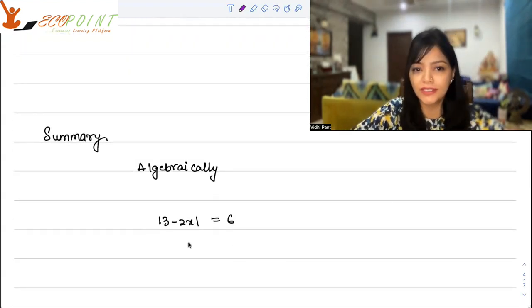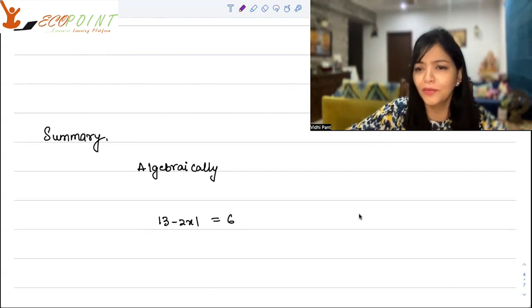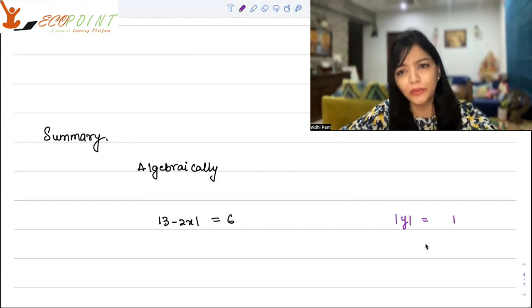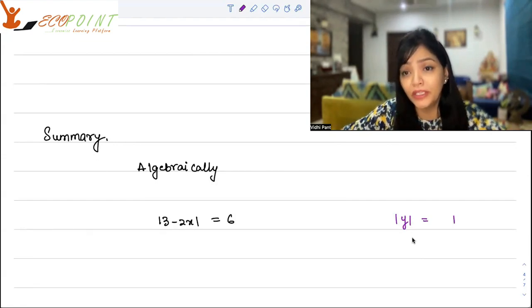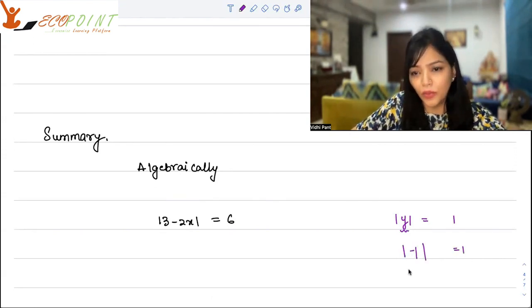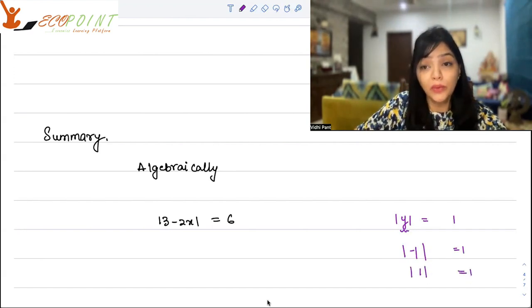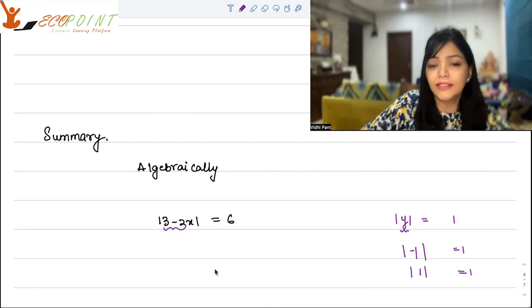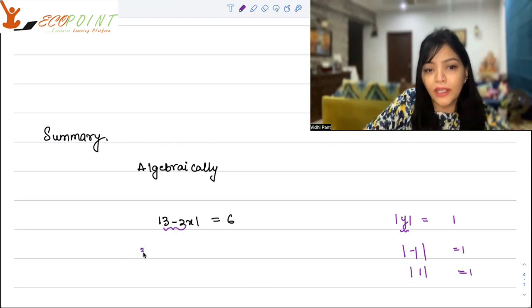We are interested in mod of 3 minus 2x equals 6. Now, let's talk in layman terms. Mod y, say, is equal to 1. When do you think the absolute value of something will be equal to 1? Well, the absolute value of minus 1 is equal to 1 and the absolute value of 1 is also equal to 1. So when you have to solve this kind of expression algebraically, what you know is that there are two scenarios. If whatever is inside